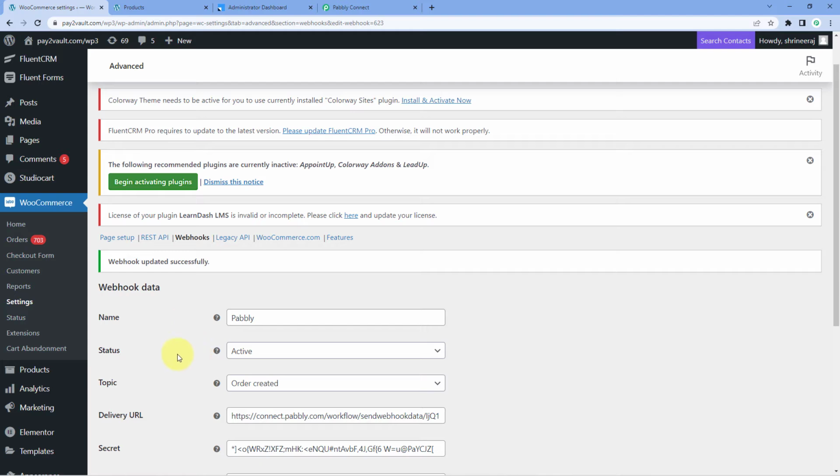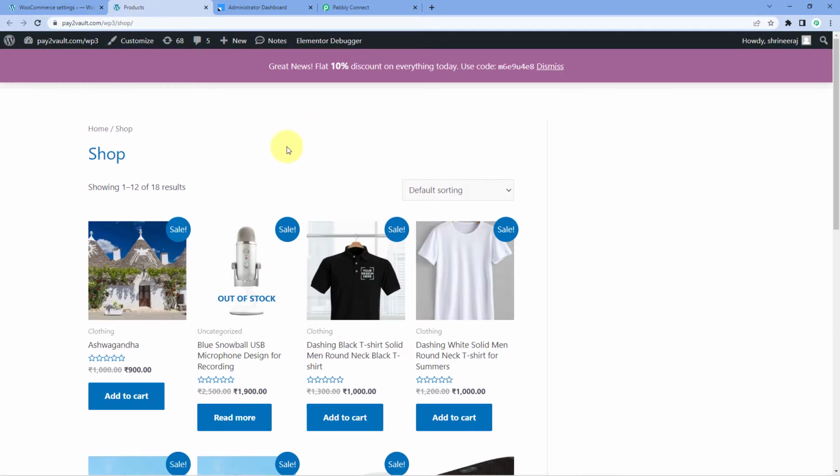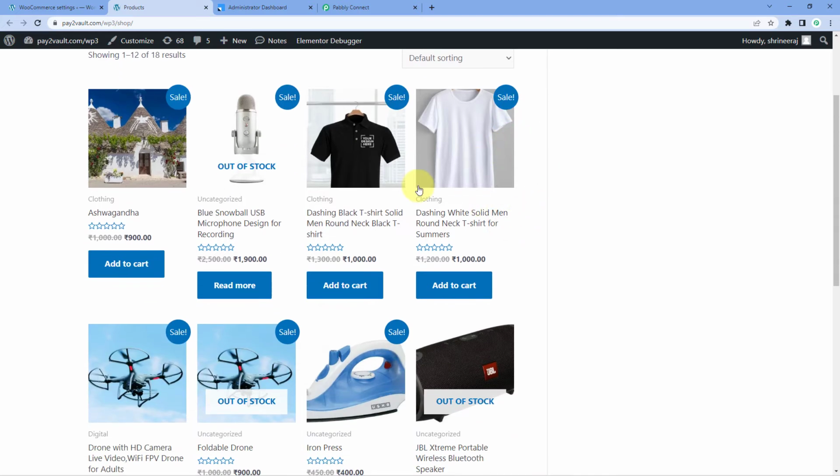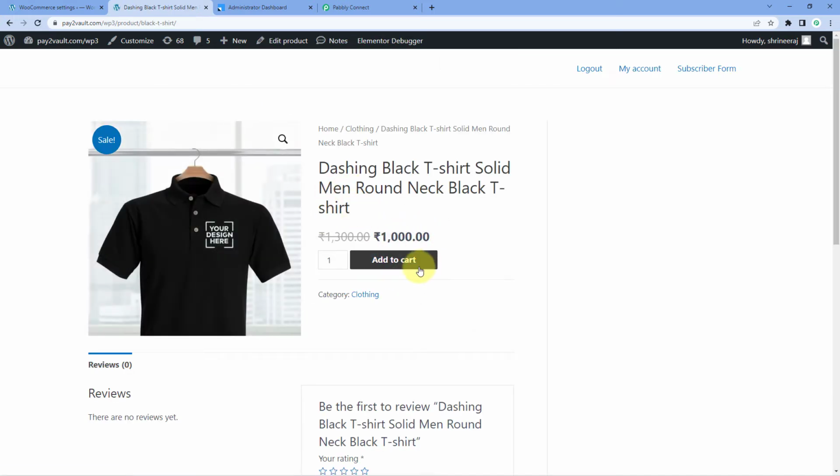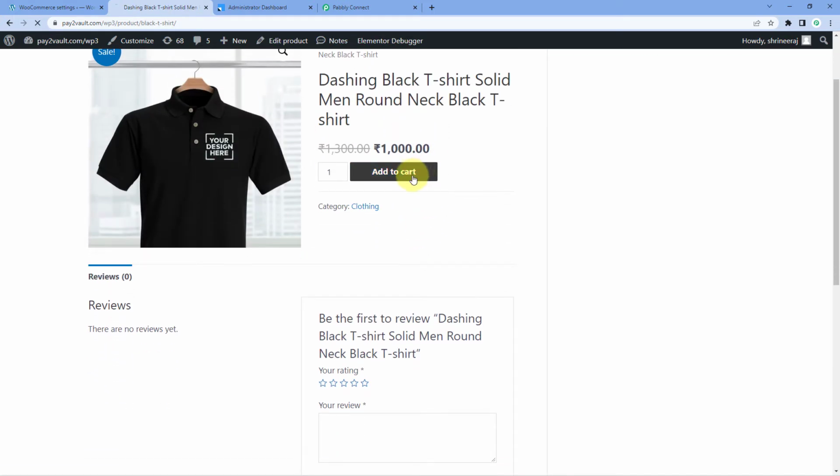We will go to the WooCommerce store. Okay, so this is my WooCommerce store. And here we are going to make a test order, a dummy order. For example, I have this product named black t-shirt. So just open this, and we will place a test order for this very same product. Just add to cart,